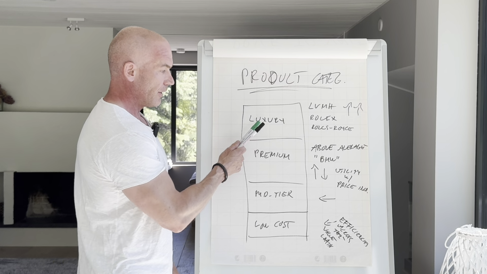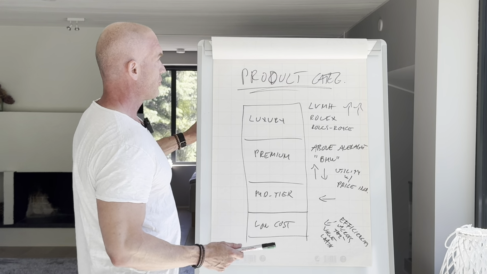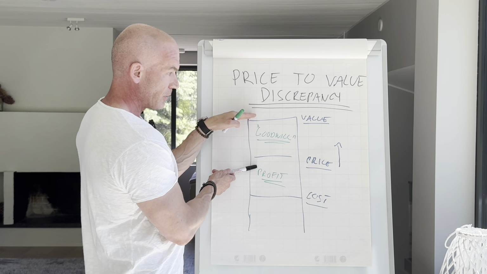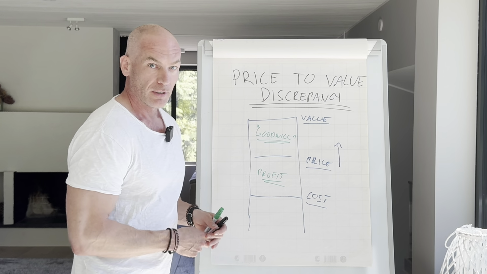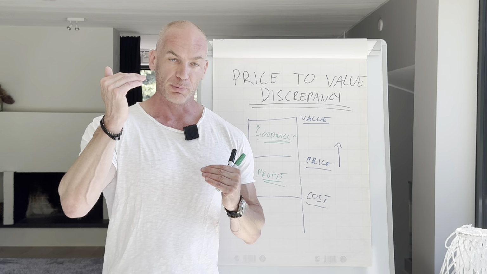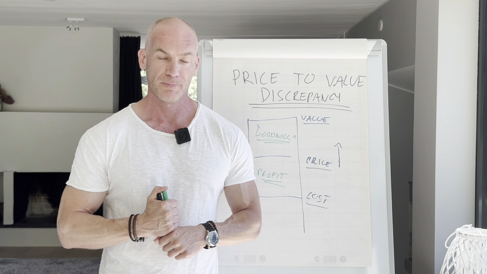But here, to understand this, the difference between luxury and premium and how that is related to our first page about the price and value difference. So when you play with price, you have to make sure that you also offer value in combination, so that you are not stuck with this mushy middle, mid-tier or the premium category, where you have to actually increase the utility at the same time. Because many people price themselves out of business by increasing the price alone. They don't understand that that's a dead end in the long term.